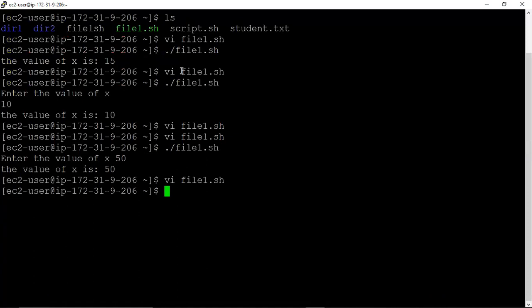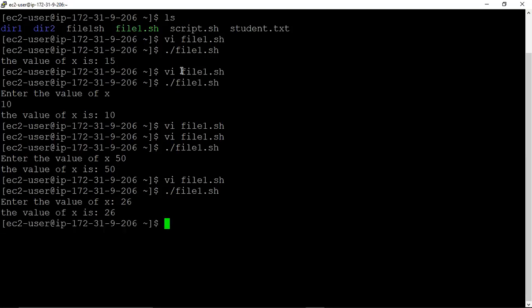See, we have this. In order to run the script, we use ./file1.sh. So we have this, suppose 26. It is showing the value. Okay, great for us. So let us move back to the terminal.